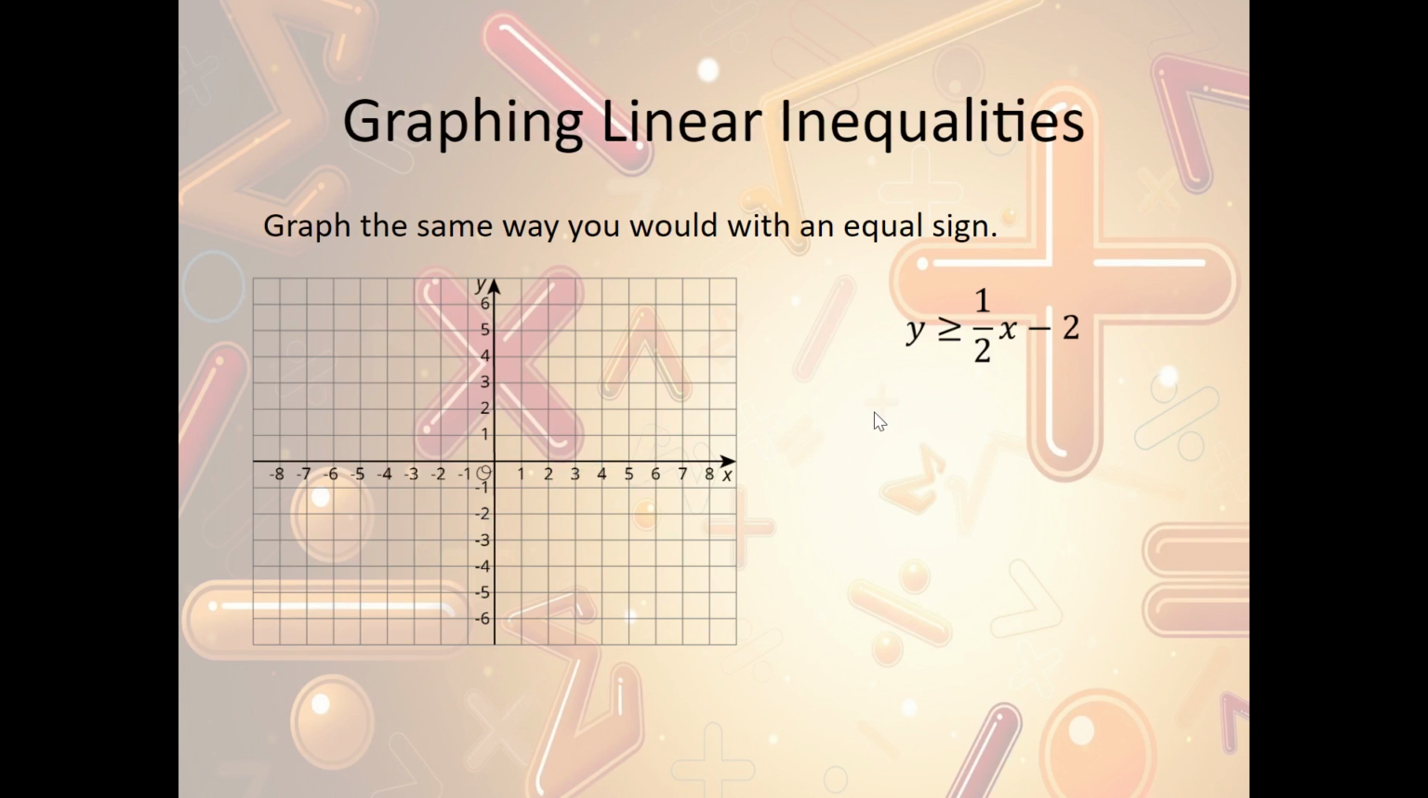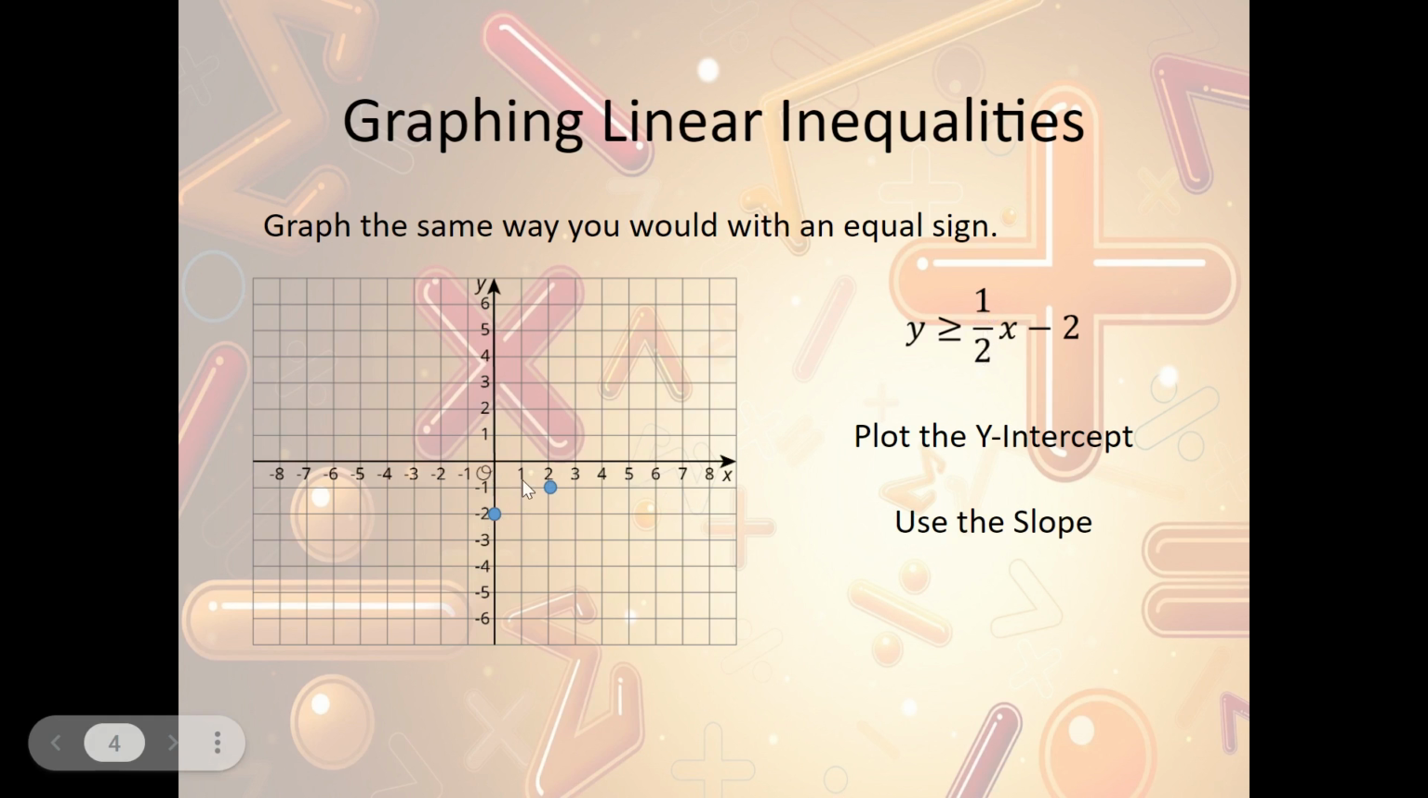With inequalities, we're going to graph them the same way. Just like we did before, we're going to plot the y-intercept, which in this case is -2, so I go down 2 and plot that point. Then I use the slope to plot the second point. This is change in y, so we're going up 1, to the right 2. So we go up 1, to the right 2, plot my point, connect the dots,